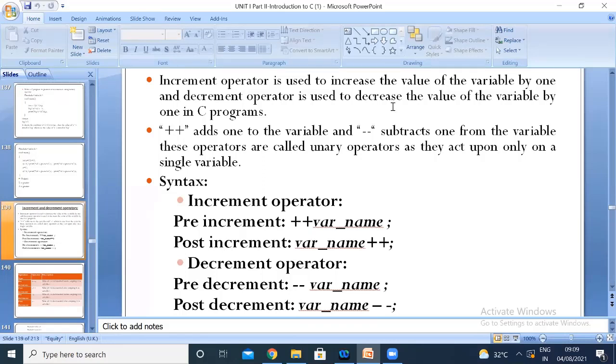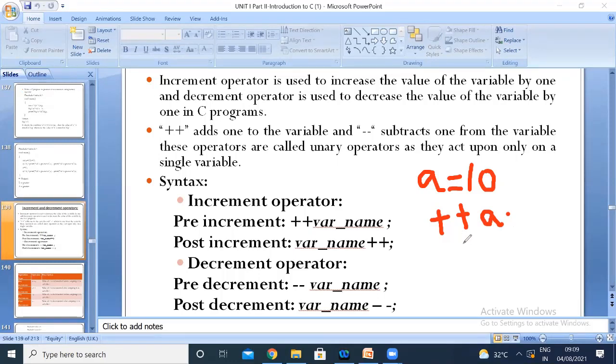Now, what does pre-increment mean? Let us see with an example. Let us consider A is equal to 10. Using ++A is nothing but a pre-increment operation. If you have the plus symbols before your variable, you call it pre-increment.